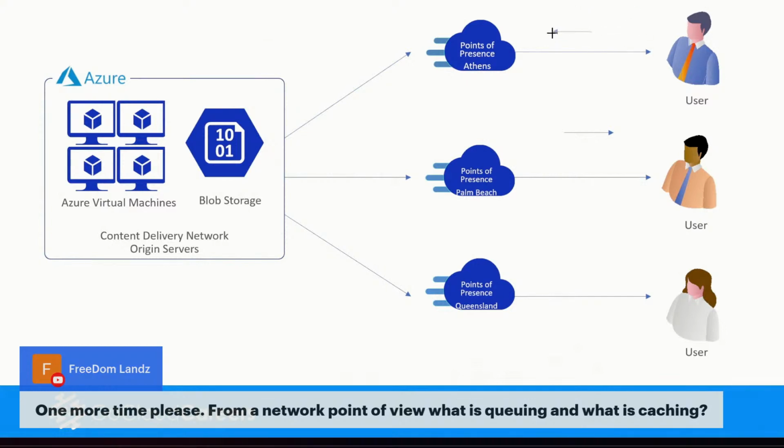Now, 5 minutes later, we have a lady. Her name is Evangelia. Evangelia wants to go to the website, and it's already sitting in the point of presence, so it gets sent back to her. The request goes to the point of presence, and then it gets sent back. After Evangelia gets her thing, Maria decides to get her thing. So Maria sends her information. It hits the Azure point of presence. It's already cached there, and it gets sent back.